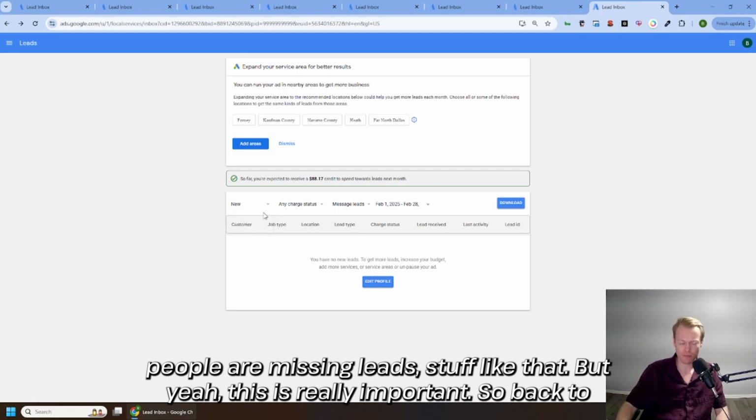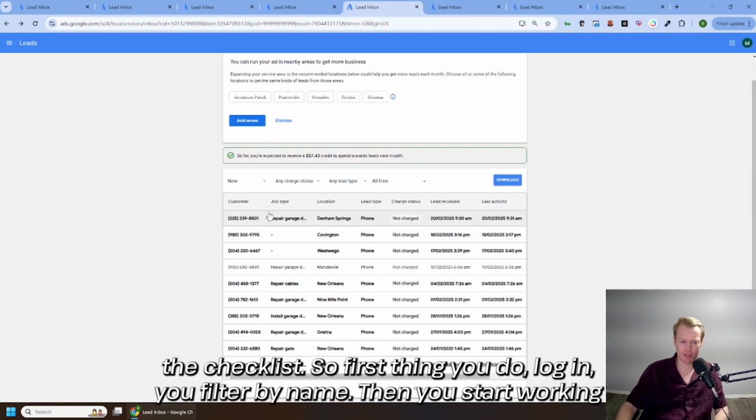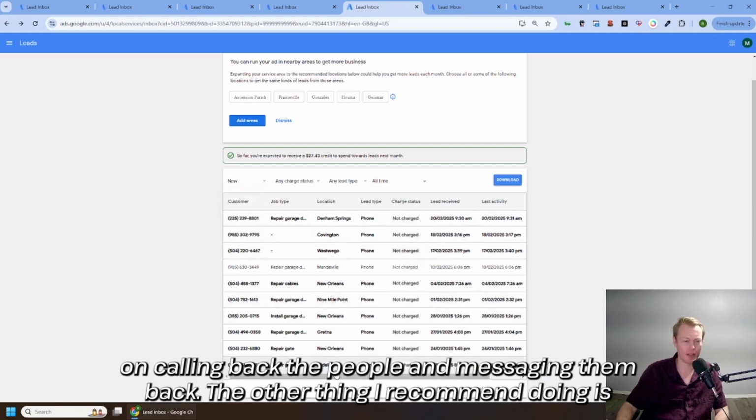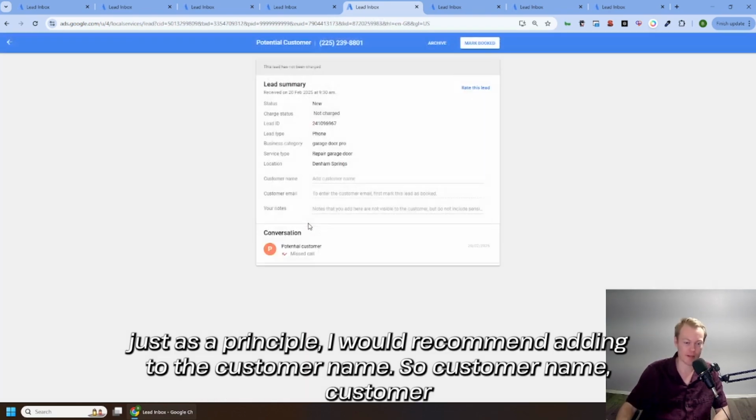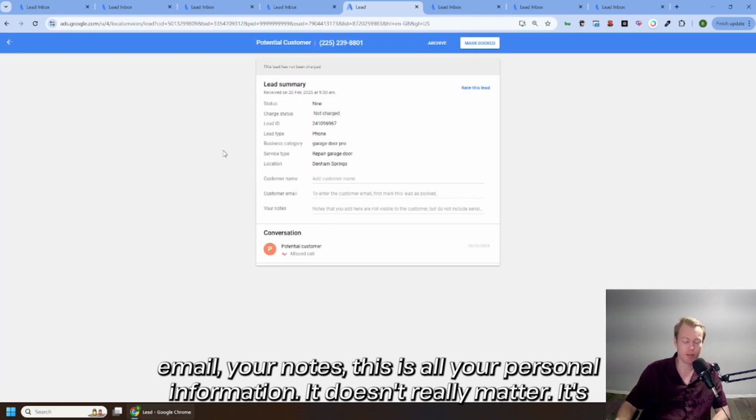So back to the step checklist. First thing you do, log in, you filter by name. Then you start working on calling back the people and messaging them back. The other thing I recommend doing, just as a principle, is adding to the customer name. So customer name, customer email, your notes. This is all your